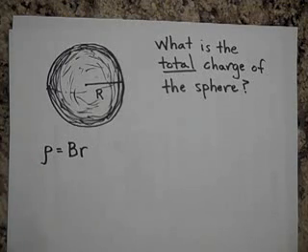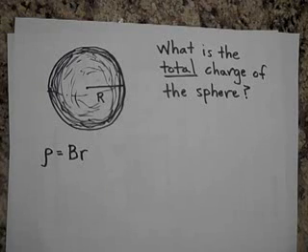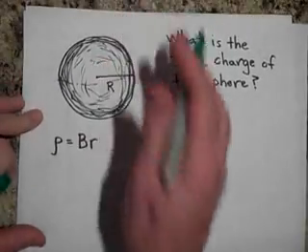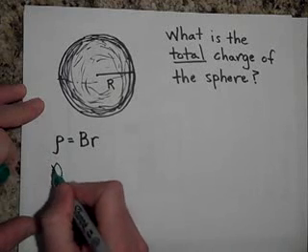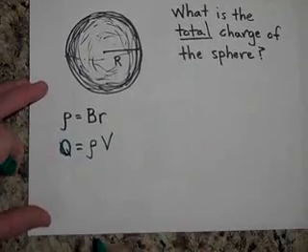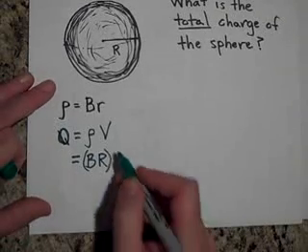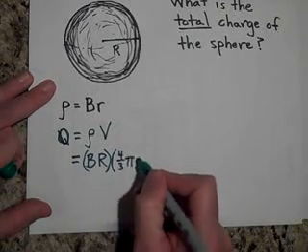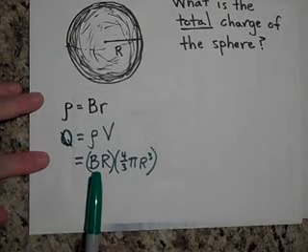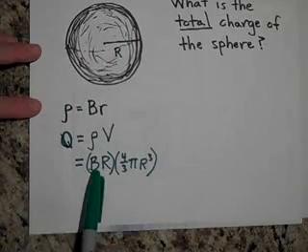Okay, so first let's find out what is the total charge of the sphere. If we know this to be the case, and we know that this is a capital R for the radius of the entire thing, then how much total charge is enclosed? Well, one thing for sure, I can't just say Q is equal to rho times the volume, where rho would be b capital R for the whole thing times the volume 4/3 pi r cubed. I can't do that, because that's exactly what you would get if the charge density were not varying,